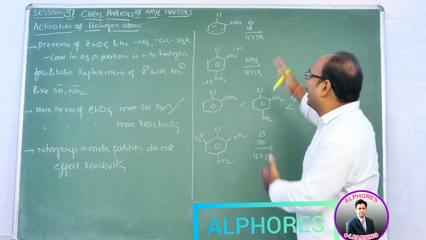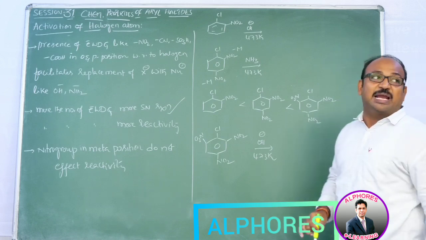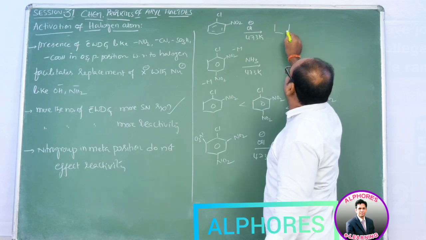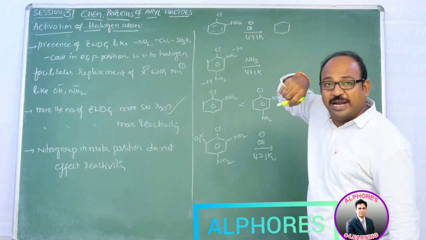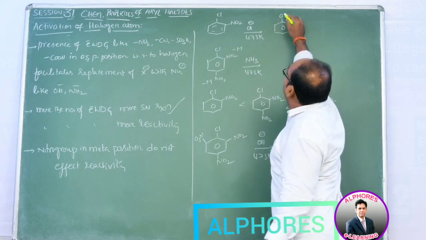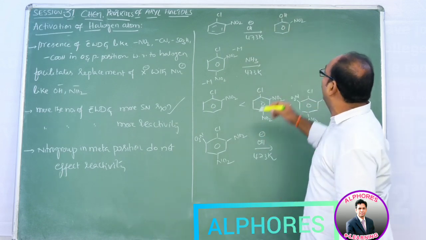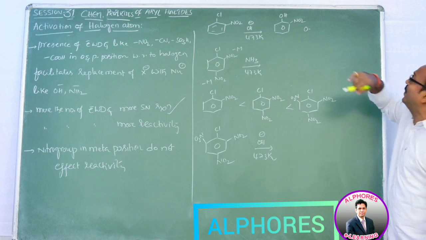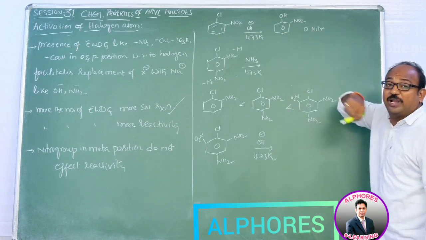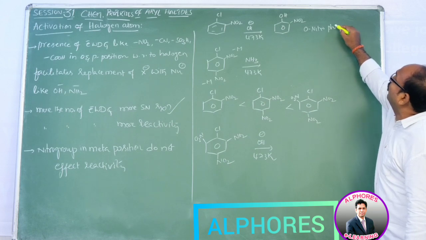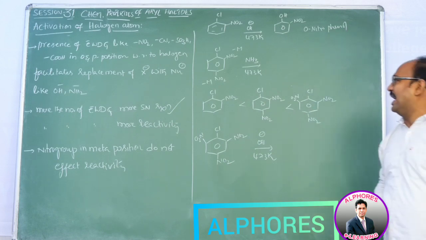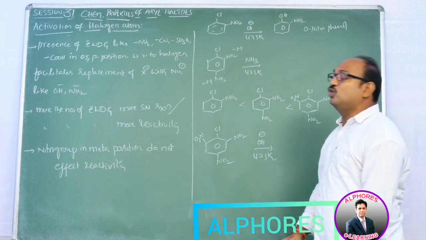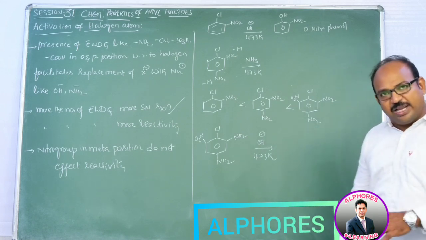Hence, let us see what happens in these reactions and how the reaction mechanism proceeds. In the case of ortho-chloronitrobenzene, when OH minus comes here and displaces the Cl minus, we get ortho-nitrophenol. Ortho-nitrophenol is the product of the nucleophilic substitution reaction, where the nucleophile is OH minus. Whereas, when there are two nitro groups, one in the ortho position and another in the para position,